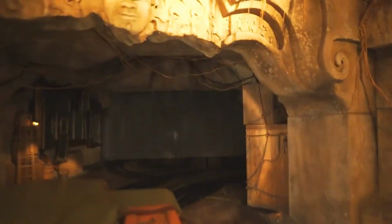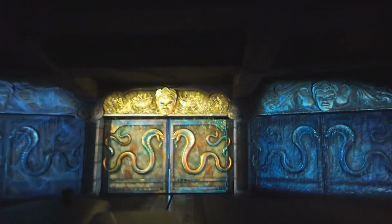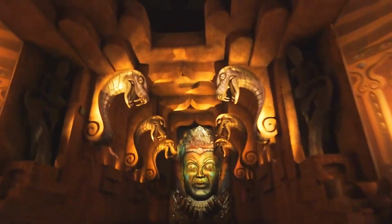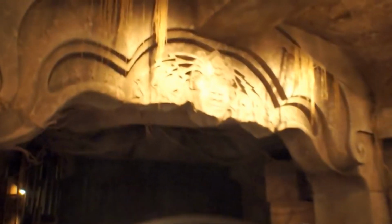If you look very closely at your surroundings, the first ruin effect we're going to talk about in this ride happens as soon as you board your Jeep. Nowadays, you enter the Chamber of Destiny through the middle door and the middle door only and always. Newer projection effects give the illusion that you're going into a sort of differently themed room, but you're always going through that middle door. But when the ride first opened in 1995, this was not the case. You see, back before this effect was broken, you would always enter the Observatory of the Future through the left door,